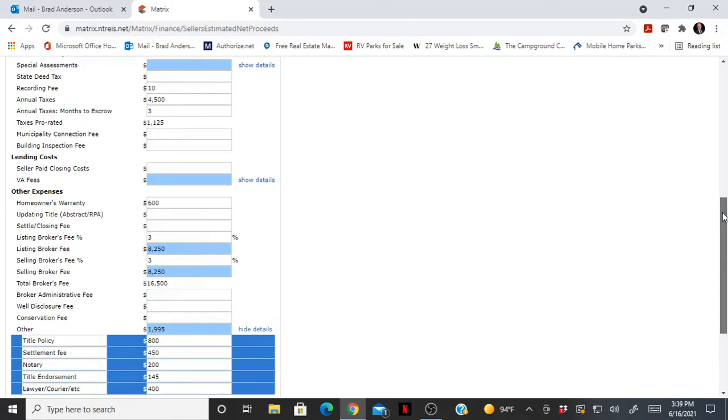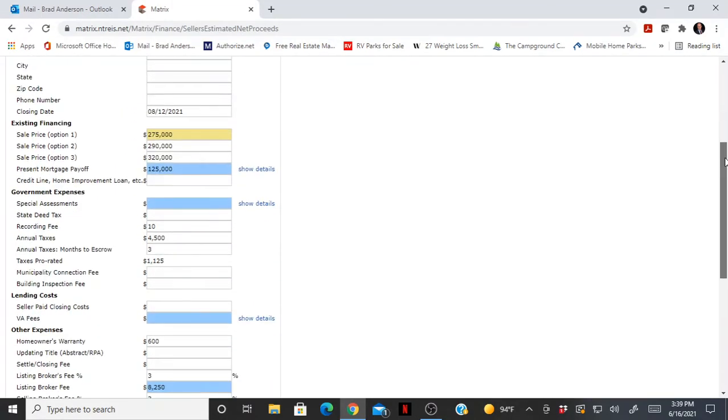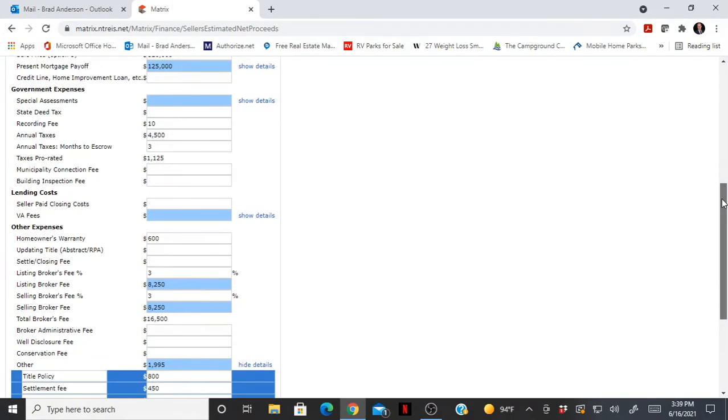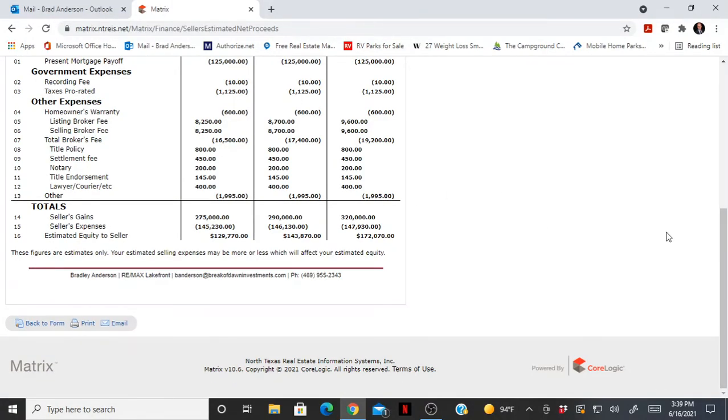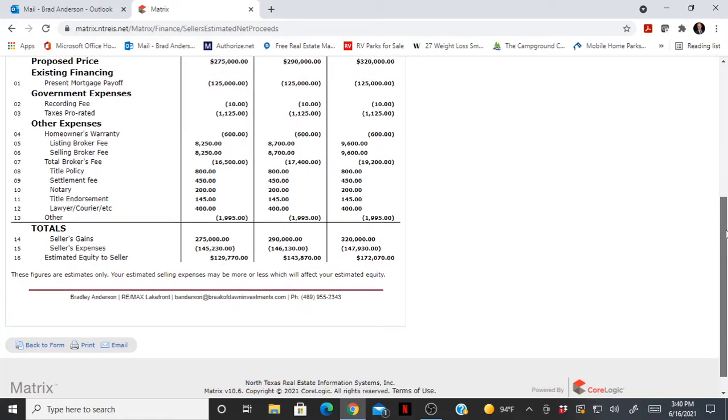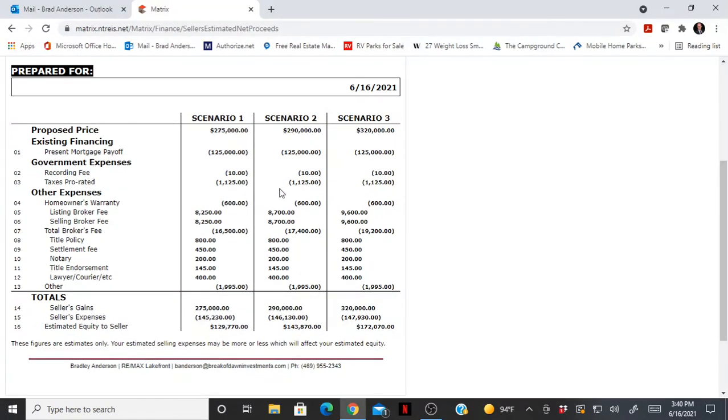So as you can see, based on all the fees here, based on when they're closing in the year and how much taxes they're going to have to pay and so on, they're going to net about $129,770. Okay. Now let's go to View Report, and it will actually give you what their net proceeds are based on each of these price points. So at 275, they're going to net 129,770. If the home sells for 290, they're going to net 143,870. If the home sells for 320, they're going to net